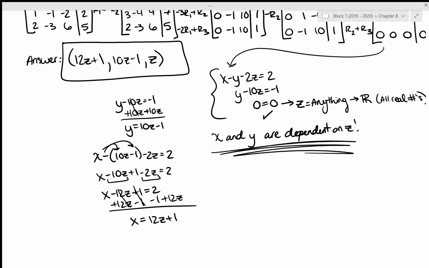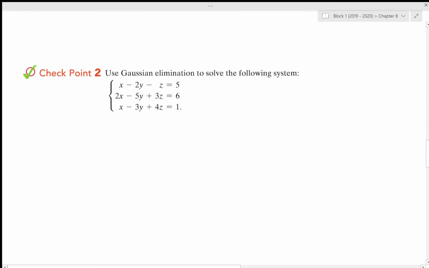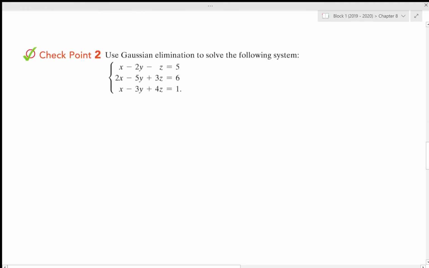All right. So let's move on and do checkpoint 2. Pause the video. If you feel like I'm moving too fast, remember you can pause at any time you want, but try this out on your own. Pause the video. Okay. Hopefully you paused the video. So,